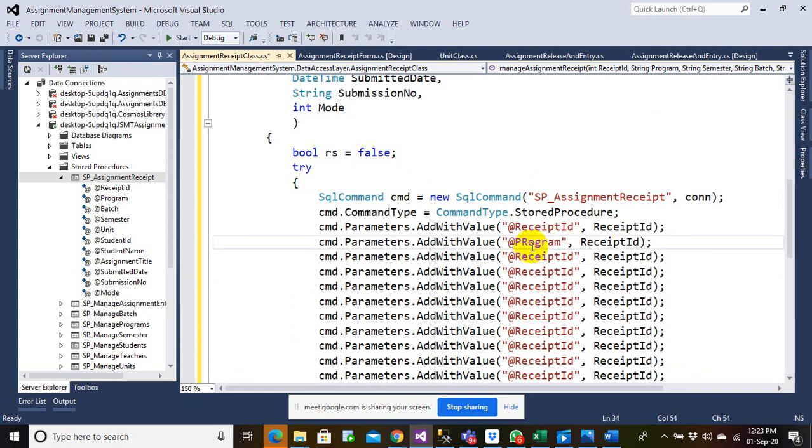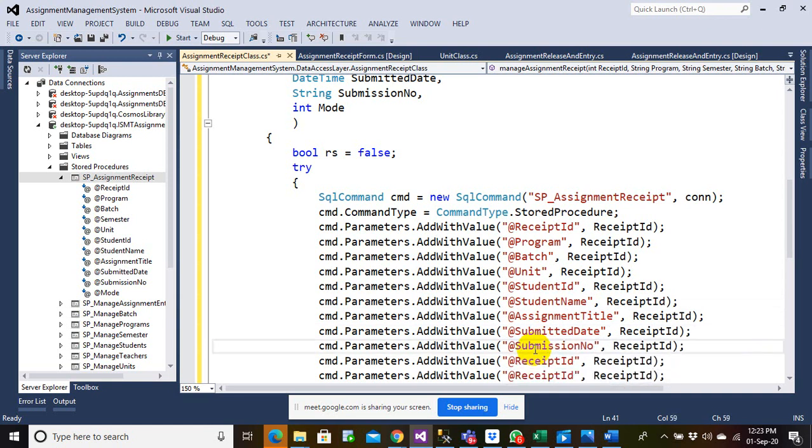Program, batch, semester, unit, student ID, student name, assignment title, submitted date, submission number, and finally mode.